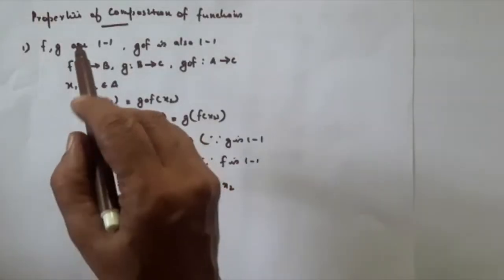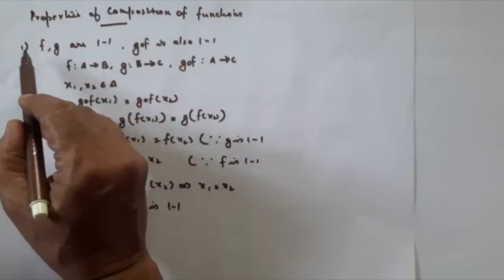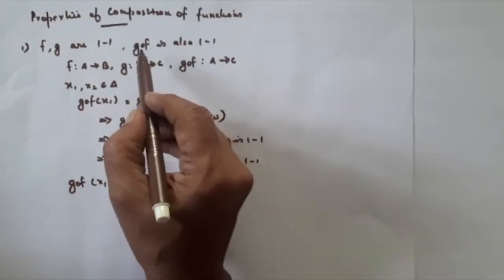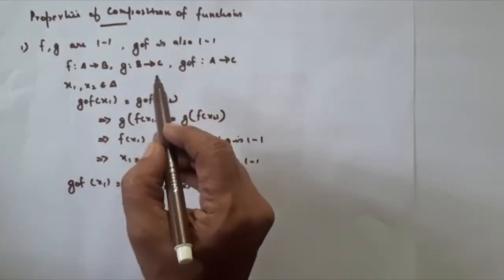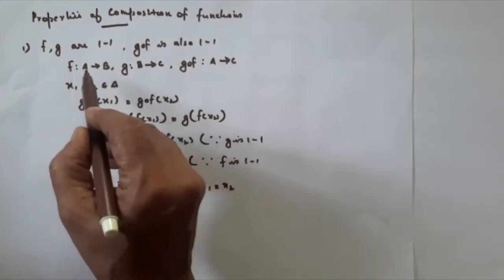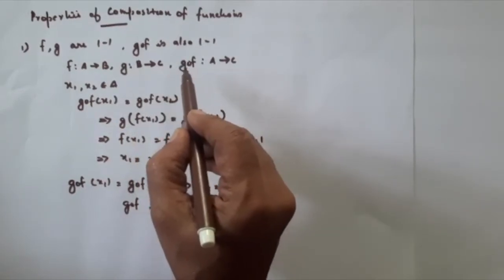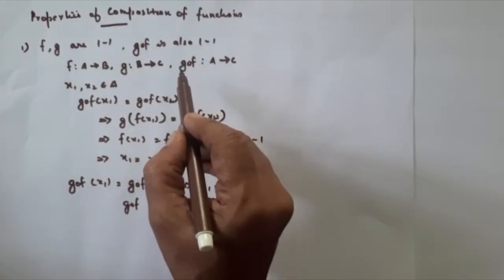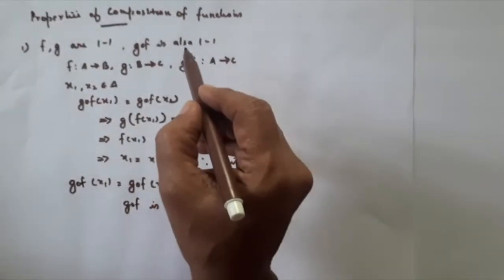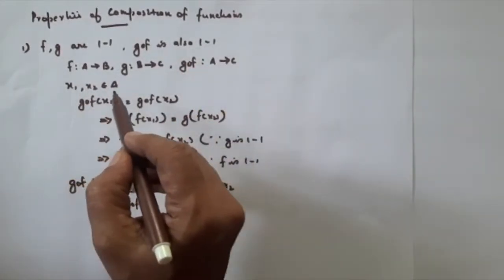Now, let us discuss some properties of composition of functions, in which the first property is: if f and g are 1-1 functions, then g dot f is also 1-1. Let us prove it. Consider the function f from A to B and the function g from B to C, then definitely we know g dot f is their composition, a function from A to C. In order to prove that g dot f is a 1-1 function from A to C, you take two elements x1 and x2 belonging to capital A